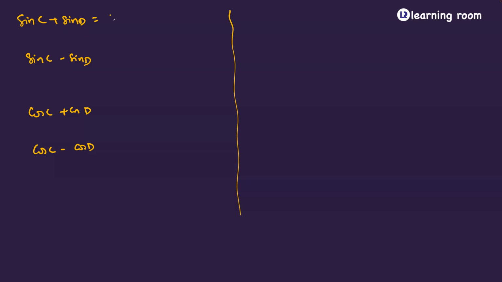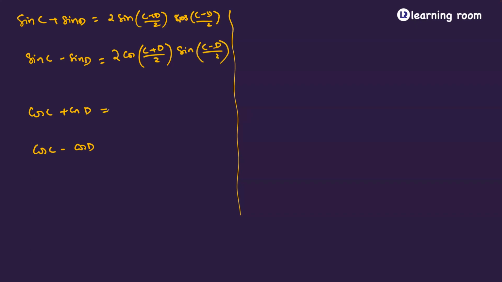So what is this going to be? 2 times sine of bigger angle, cos of smaller angle. This is exactly the reverse. So 2 times cos of bigger angle, C minus D divided by 2. Okay, this will be equal to 2 times cos of bigger angle into cos of smaller angle. And this will be minus 2 sine of bigger angle